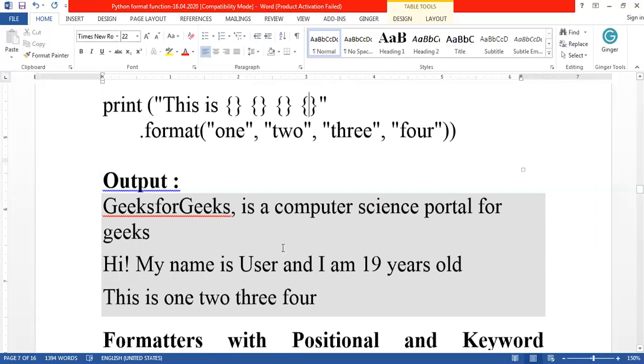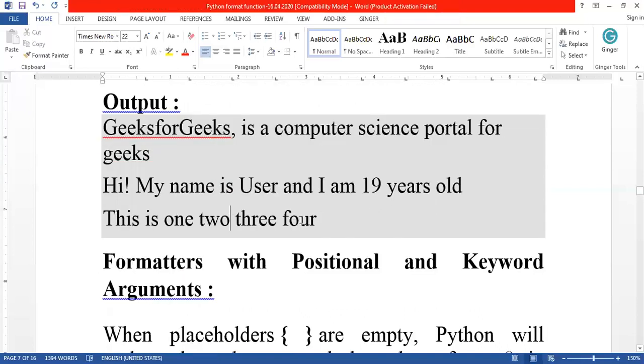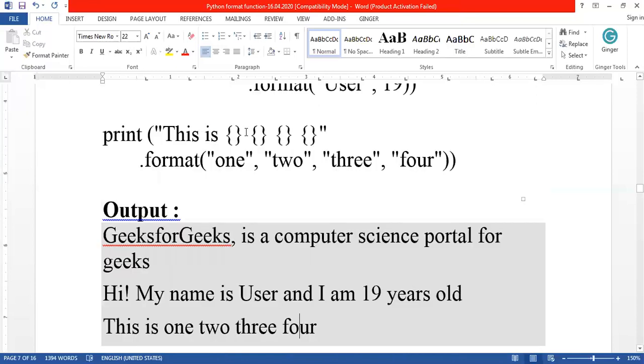So let's see the output. The first thing you all know, and the next thing user and 19, and the last one is 1, 2, 3, 4. So now you understood, right? This is the single placeholder and the multiple placeholder. However many placeholders there are, that number of values has to be given in the format function. So that is enough.